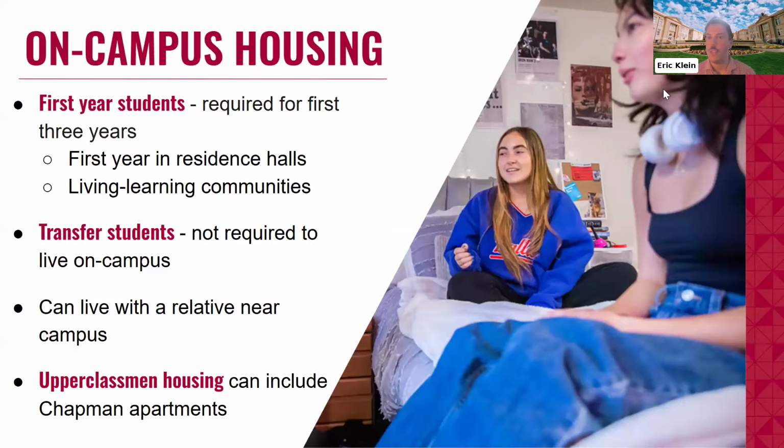When you get into some of your upperclassmen years, your second and your third year, your housing does get a bit more apartment style. They're going to be more traditional residence halls for our first year students, and they're in a triple occupancy suite style. So it'll be your student, two other roommates, a Jack and Jill bathroom in the middle, and then three other roommates on the other side. They do get a little more apartment style once you get into your second and your third years. If you do choose to live on campus for your 4th year, you're welcome to do that, and we do have space available for our seniors as well.